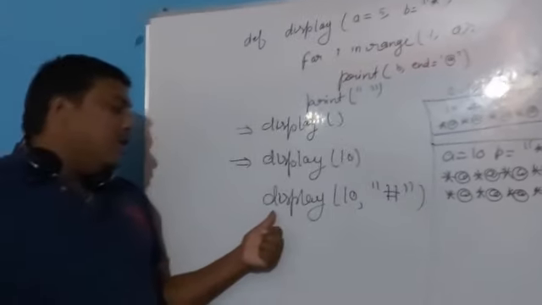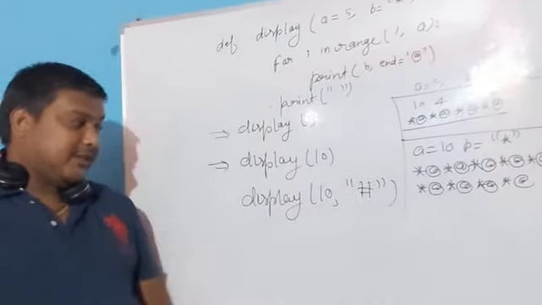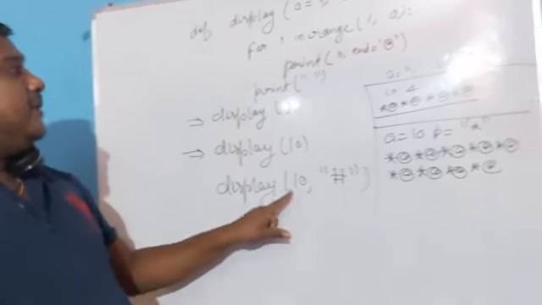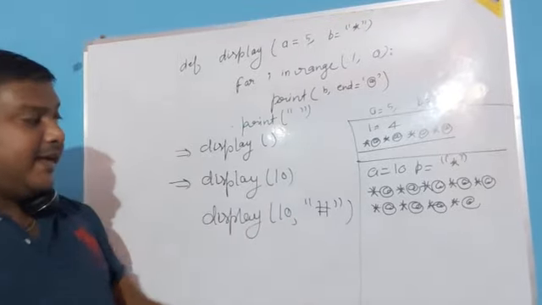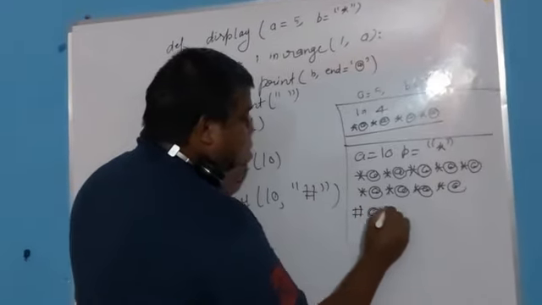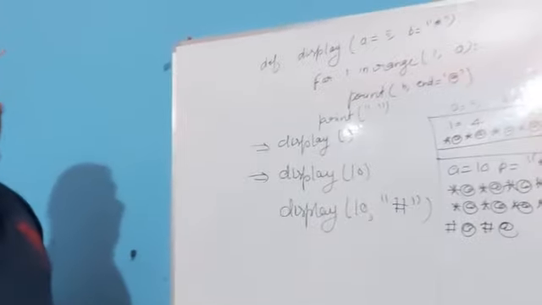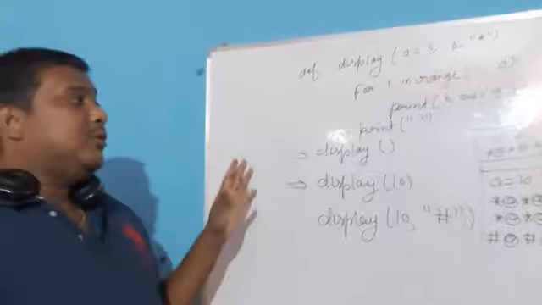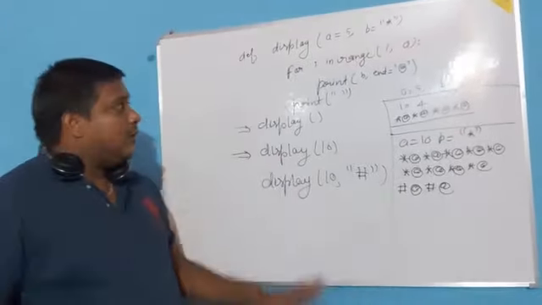Now here we have called the same function with two parameters, 10 comma hash. In that case what will happen? The value of a will become 10 and the value of b will become hash. So the output will come as hash at the rate 10 times. So look here, such type of default value functions may come in the board examinations to find out the output. So this is the topic functions.